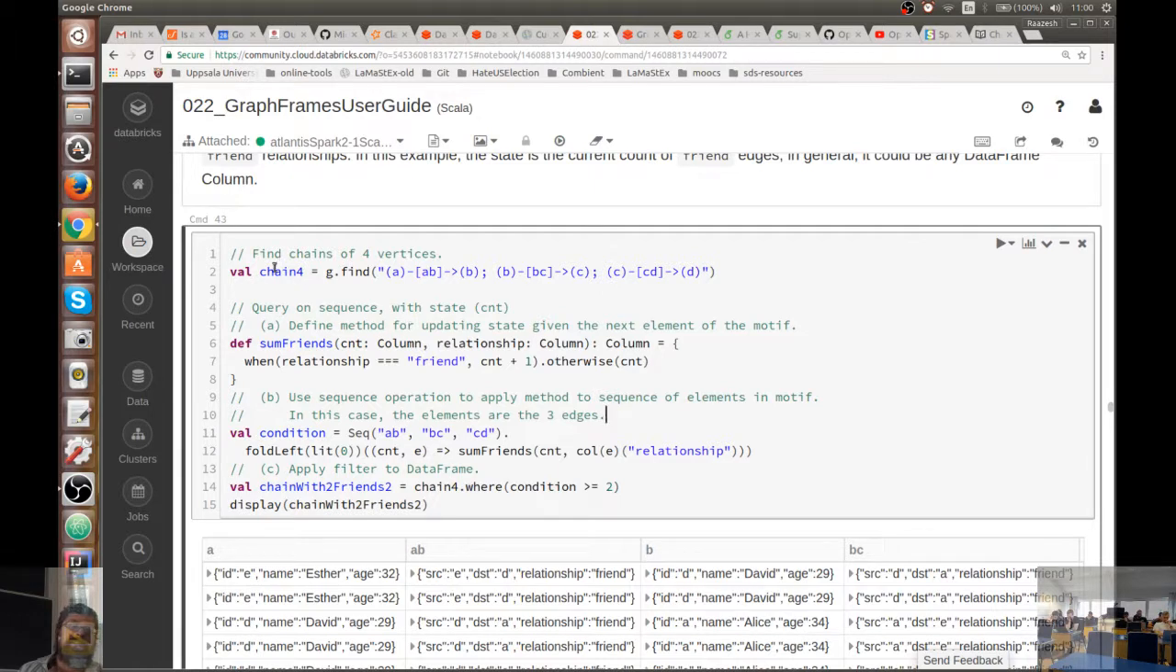Say my motif is chain 4, so I have my g.find defined like this: A, B, B, C, C, D. And then I'm querying in the following way. I define a method for updating my state given the next element of the motif. So this is just a function. This Scala function is called SumFriends, and it has 2 arguments: the column called CNT for count, and another column called relationship,